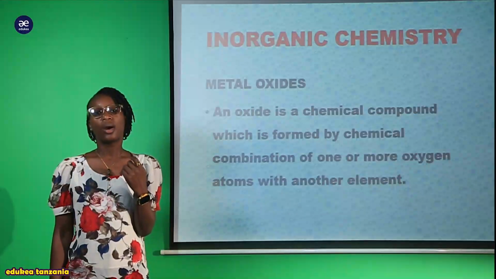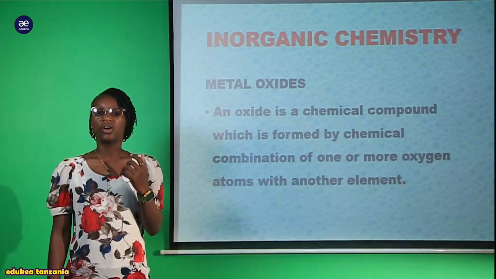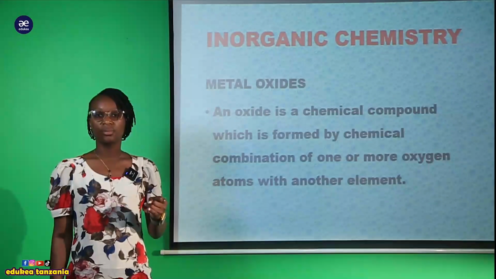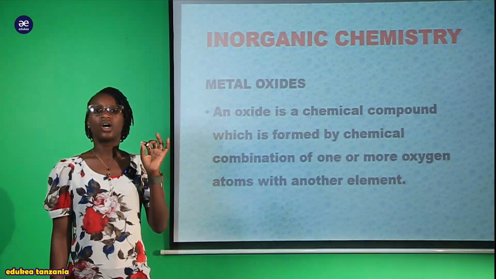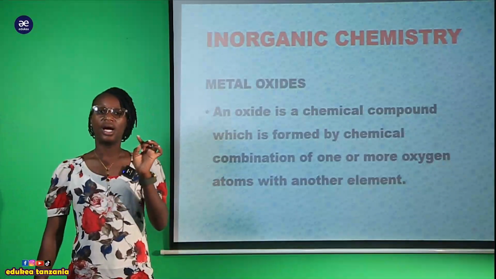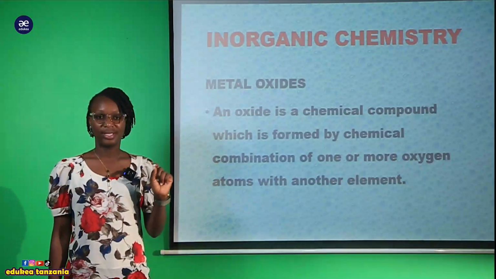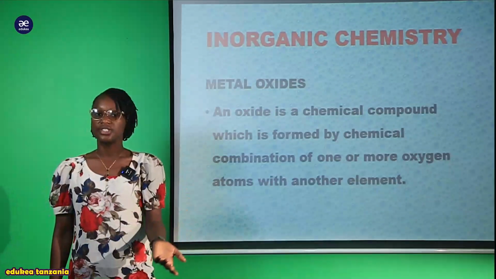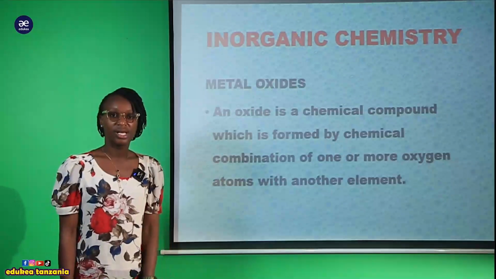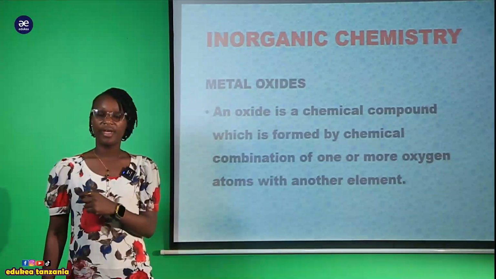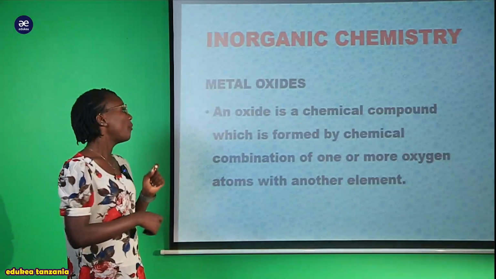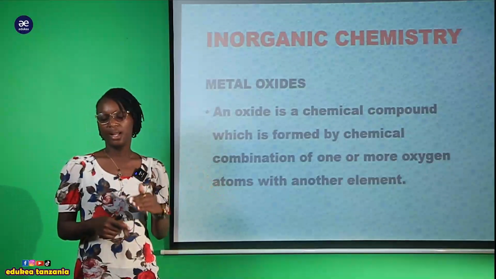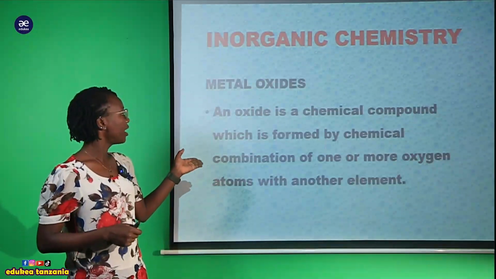Tunajua kwamba tuna monooxide, we have those peroxide, superoxides, whatever. Lakini pia hata oxygen inaweza exist as an atom, as a molecule, as a diatomic, as a ozone, whatever. Kwa sababu pia tuna ile oxygen ambayo inakuwa na 3 molecules ambayo tunaita ni ozone. Kwa hiyo hizi oxygen inaweza zikawa ni one or more oxygen, anaweza react na any element. The way ana react na another element, obviously anaenda kutengeneza the chemical compound ambayo itakuwa imehusisha chemical reaction ya hiyo oxygen with the element. Therefore hiyo compound itakuwa referred as the metal oxide.